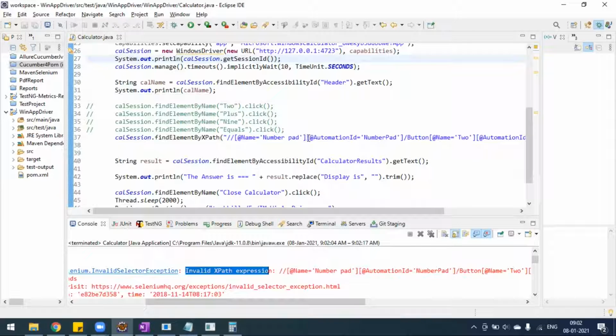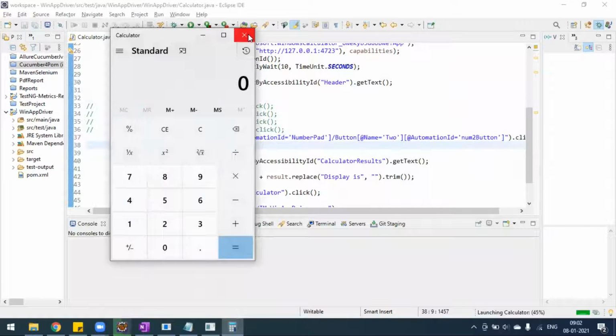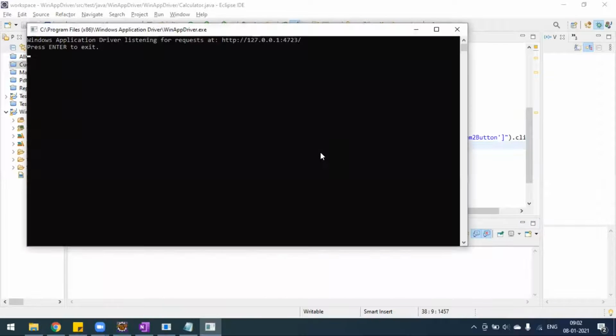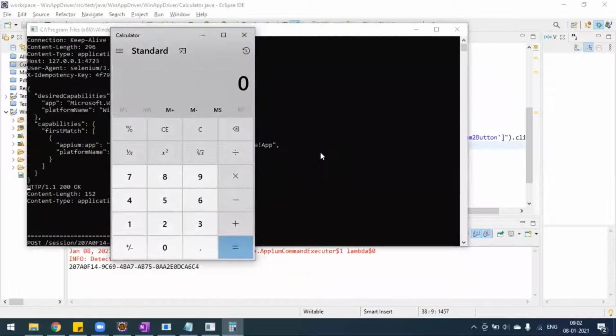What I will do is delete this numpad and try to run. I think in this case it will work. I'm running it again, and I'm closing this WinAppDriver also. Connection is established.